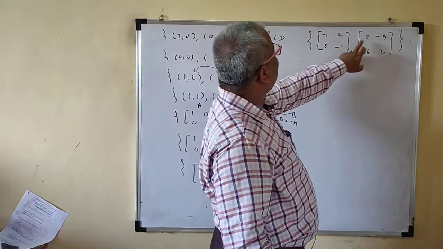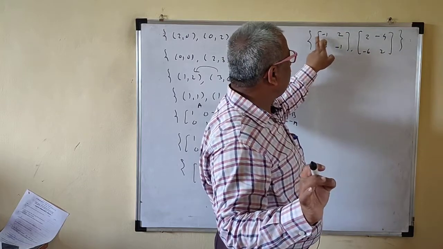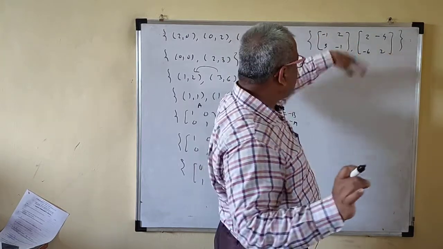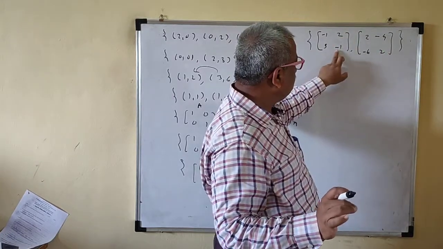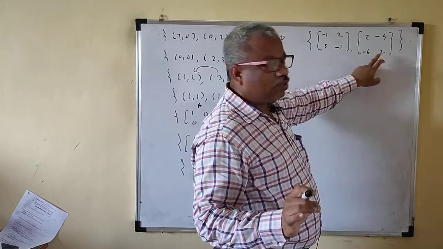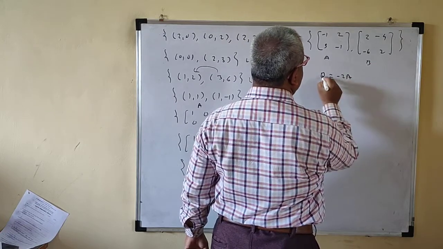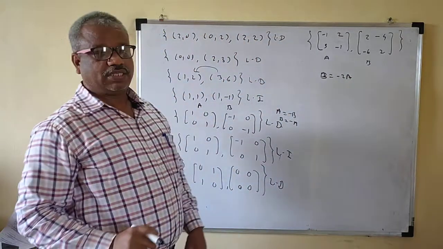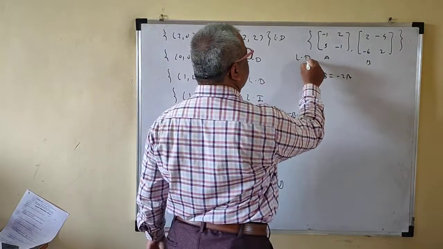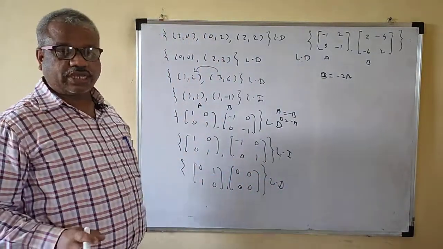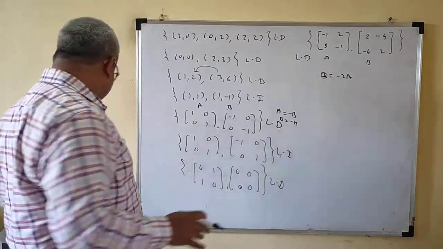What about here? I want 2 here, so check for only one entry. If you multiply by minus 2 here, you get this 2 here. So multiply by minus 2: minus 4, yes, minus 4 is there. Minus 6, yes, minus 6 is there. Minus 1 times minus 2 is plus 2, yes, that is there. So if this is your A and this is your B, then B is equal to minus twice A. That means B is a scalar multiple of A, so this set is linearly dependent. I hope you now understand how to check whether sets are linearly independent just by observation.